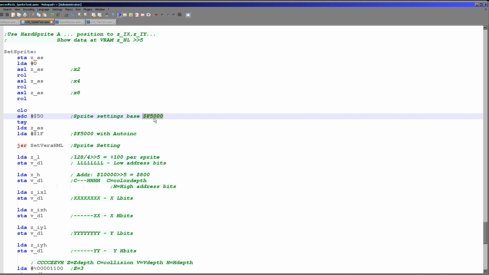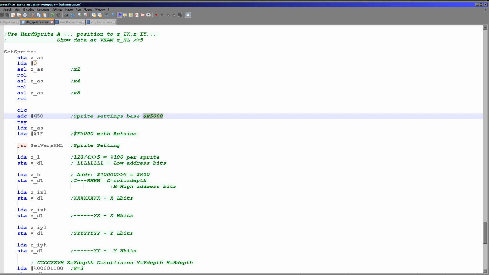I have saved the old versions in a subfolder in my sources download, but as I say, the version you're looking at here needs to be on version 31 or 32. We're running on 32 today because it's changed again, but there's been no technical changes that affect the code between 31 and 32. So we're multiplying A by 8 because there's 8 bytes per hardware sprite number, and then we